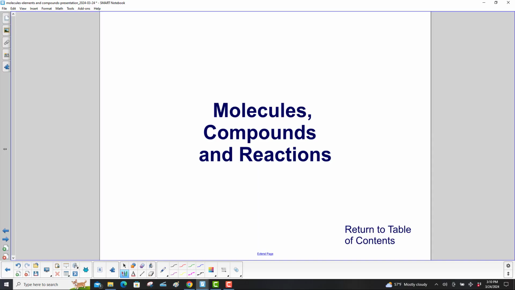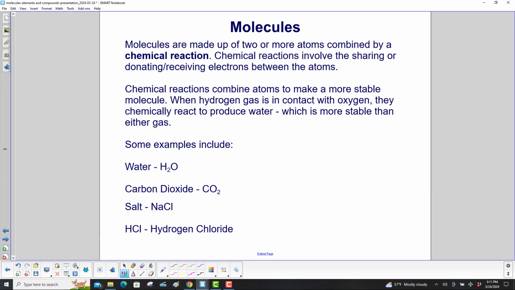Molecules, compounds, and reactions. Molecules are made up of two or more atoms combined by a chemical reaction. Chemical reactions involve the sharing or donating and receiving of electrons between the atoms. Chemical reactions combine atoms to make a more stable molecule. When hydrogen gas is in contact with oxygen, they chemically react to produce water, which is more stable than either